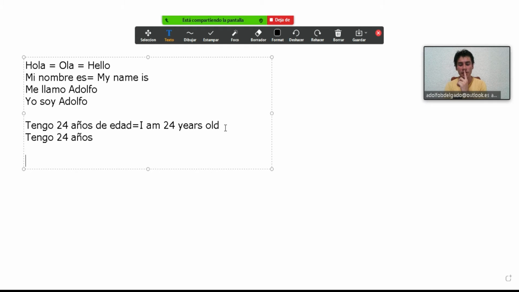There is another option to say your age: mi edad es 24, but this is not that common, to be honest. Let's make this simple, guys: tengo 24 años de edad, or tengo 24 años.